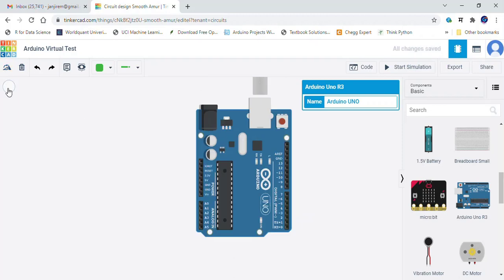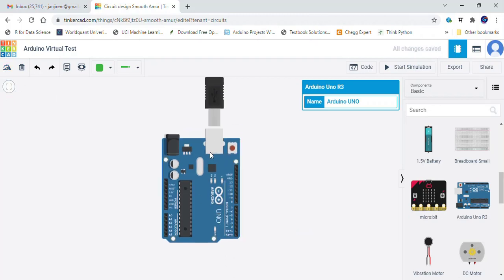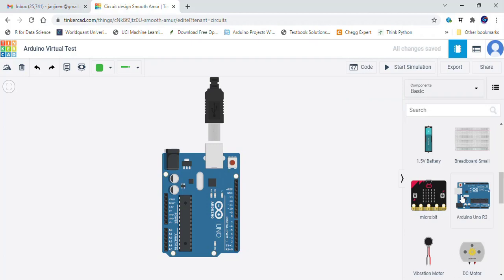Here this is a board, and now I'm taking a vibration motor here, and I'm just connecting it.